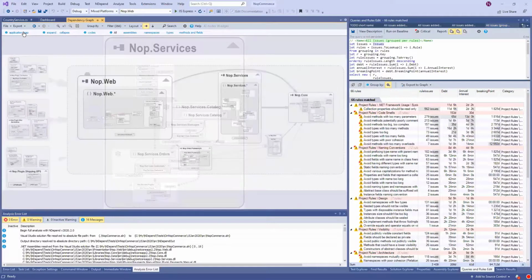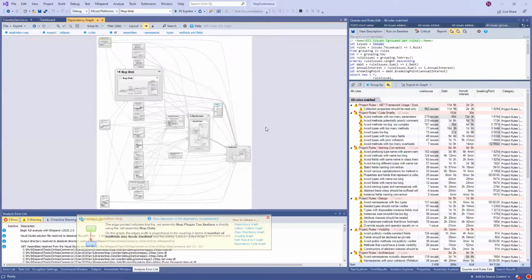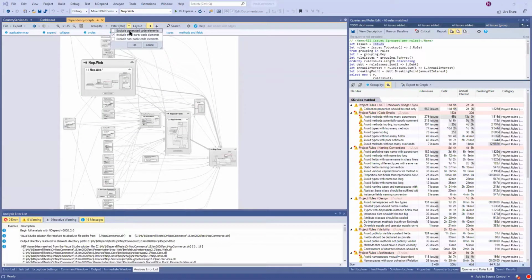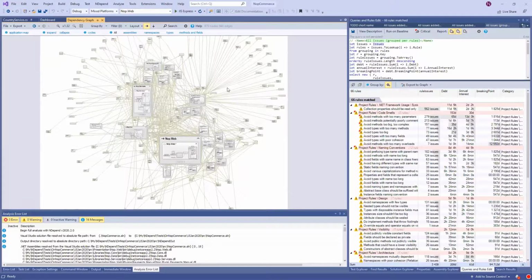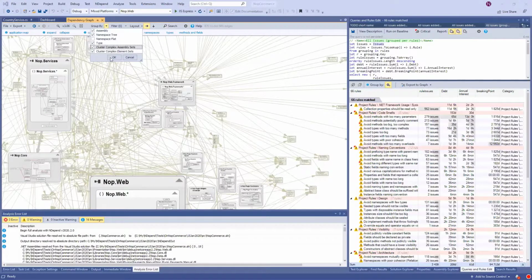So let's have a look at the application map. Okay, something I didn't show you. So here I have all the assemblies. I can also remove the cluster as previously. So it's a bit more cluttered. Okay, and I can also filter. By default, it excludes the third-party code elements, which is mscorlib, etc. So here it's quite messy. So that's why, if you have many assemblies, it's better to use the clustered view.